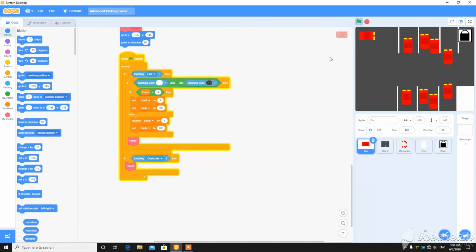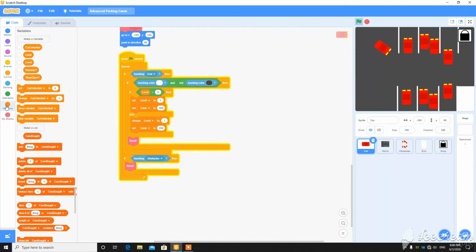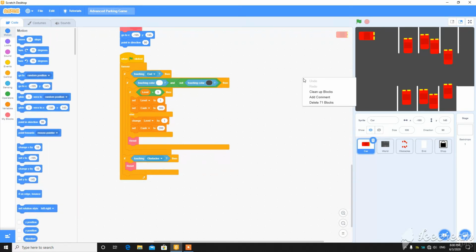Now we can see it will work now. Set cash visible. Let's just see. So it is adding 200. So this is working now, guys.